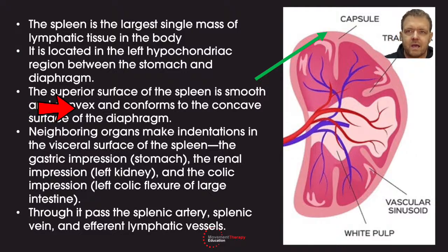Okay, so the convexity, which is this area here, conforms to the concavity of the diaphragm. Because the diaphragm caves in like that, the spleen molds to the shape of the diaphragm, and that's why it's the shape it is on the top. Okay, so yeah, that conforms to the diaphragm, but then neighboring organs make indentations on the visceral surface of the